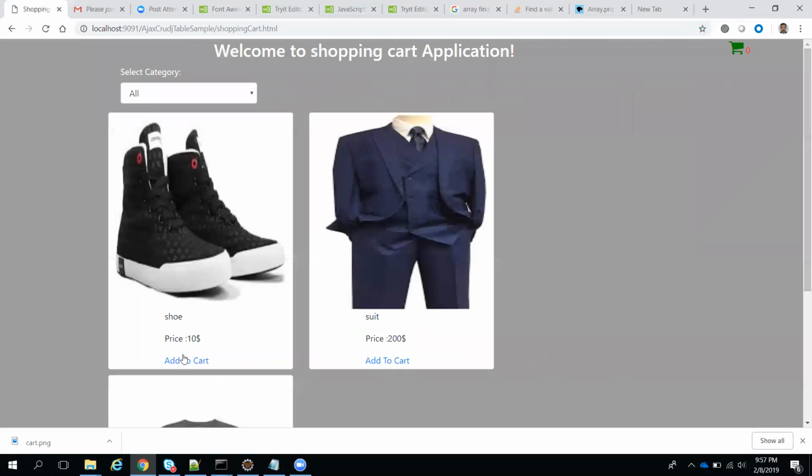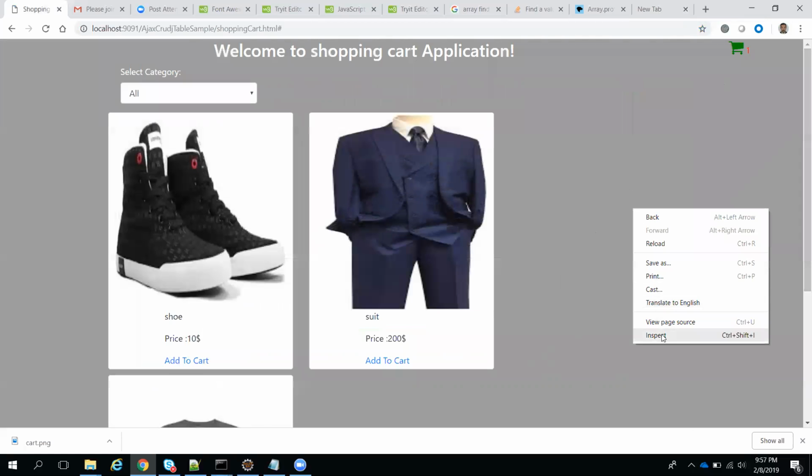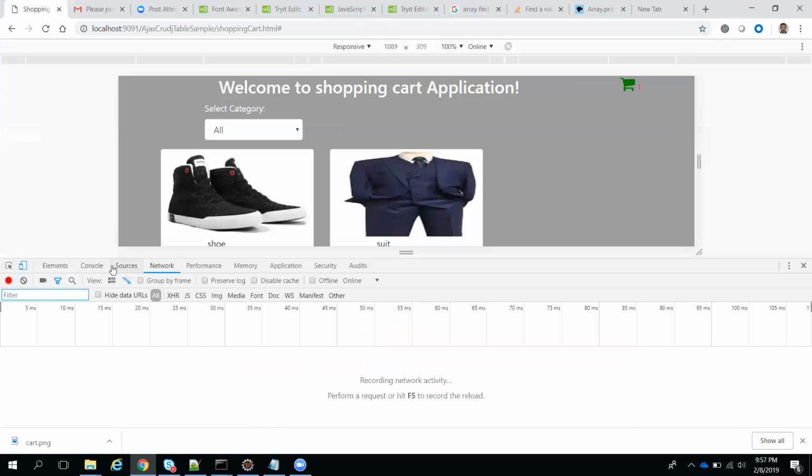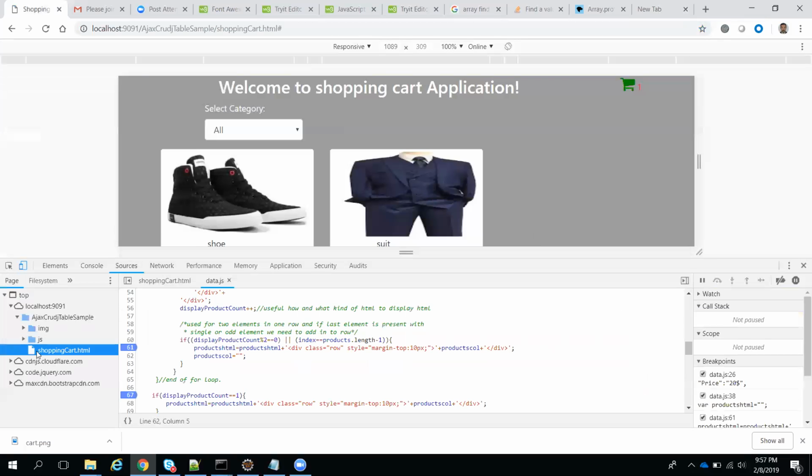So I will add one product, at present only one product. Now we'll see that this one product should be filtered from the total array. We are doing that using find. We'll see whether it is happening or not.